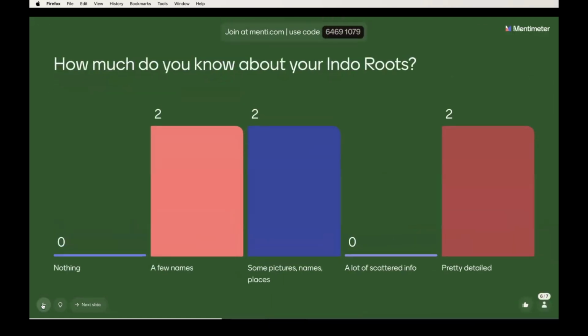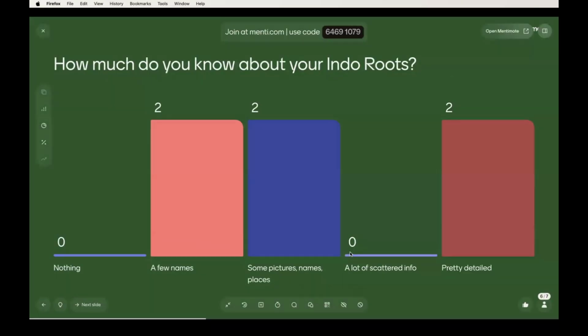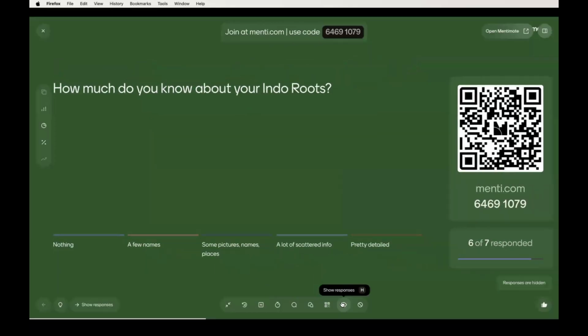Okay, 30 seconds to go. Maybe it's difficult if you're on your phone to also open this web, but it doesn't matter. Okay, 5 seconds. Then I close this poll, just to have an idea how much you know about your Indo roots.